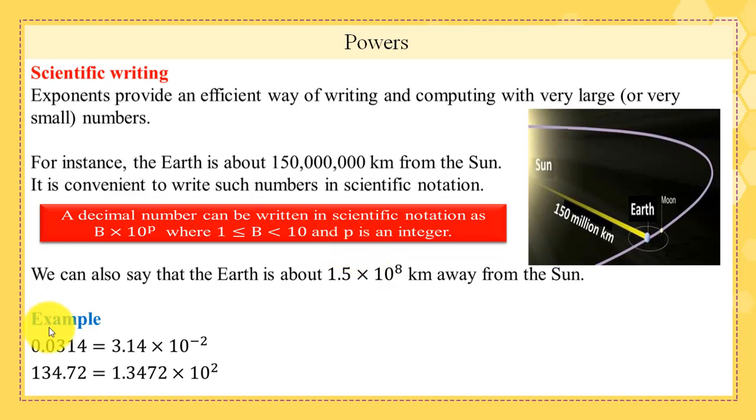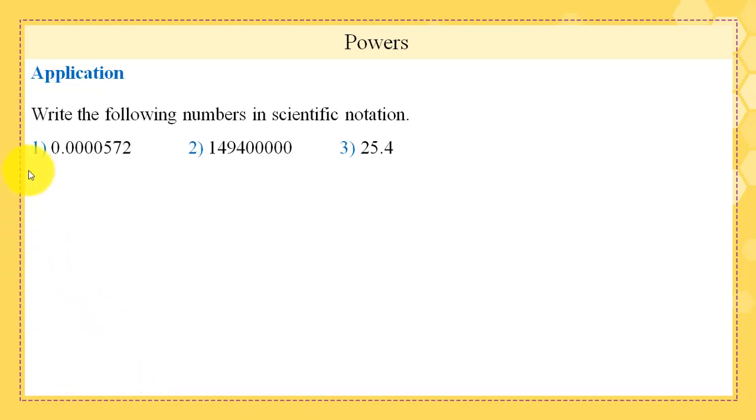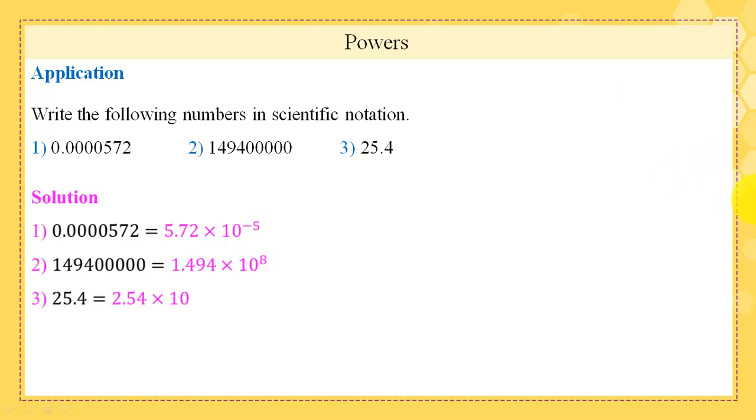Example. The scientific notation of 0.0314 is 3.14 times 10 to the power minus 2. Also, the scientific notation of 134.72 is 1.3472 times 10 to the power 2. This is an application. Write the following numbers in scientific notation. Please pause the video and try to solve this application. Solution. Recall that scientific notation is to write the decimal numbers in the form b times 10 to the power p. So in part 1 we have